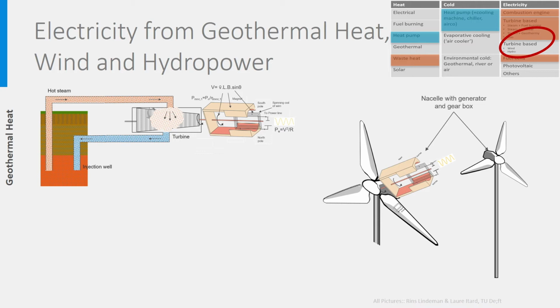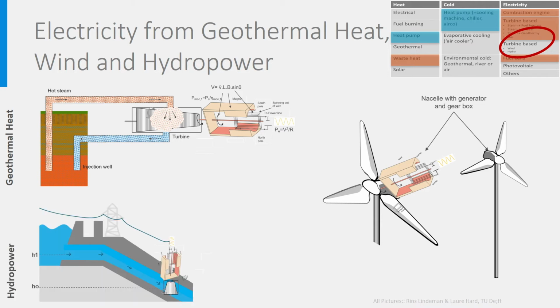Let's now look at how electricity can be made with the power of water. Hydropower. This is also turbine technology, but this time the turbine is powered by water flowing from a higher to a lower elevation. This can be done by using a simple run-of-the-river system which will produce electricity only when the flow rate of the river is large enough, or by storing water in a dam or reservoir in such a way that a continuous flow of water can be ensured. Those are the large hydropower plants.